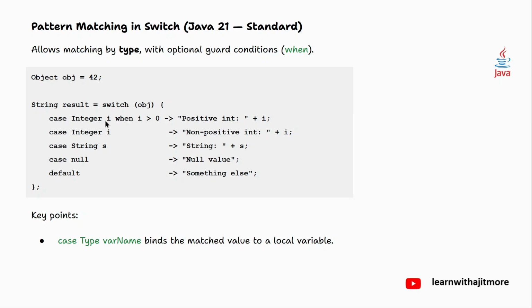ओके, सो case type variable, देखो case type variable, जनरल सिंटैक्स इज लाइक दैट, यस और नो? केस कीवर्ड, फिर टाइप एंड फिर वेरिएबल। तो ये जो बाहर से पास किया हुआ ऑब्जेक्ट है उसी का रेफरेंस ये टेम्पररी वेरिएबल में आ जाएगा। See, it binds the matched value to a local variable. जैसे इधर ये s, ये i, ये लोकल वेरिएबल है, ये स्विच केस के अंदर ही उनकी लाइफ है। Their life is only within the switch case. ठीक है।